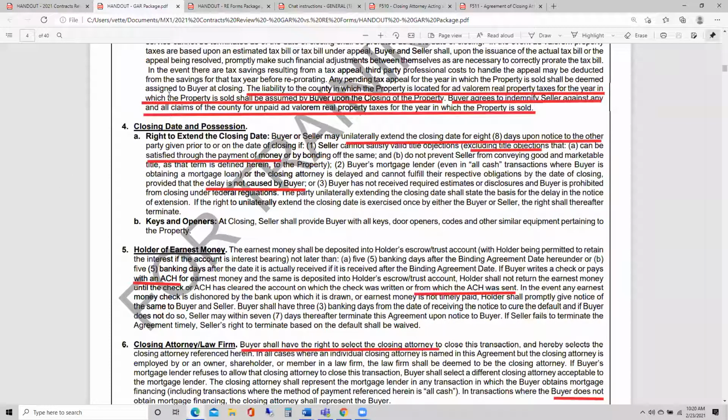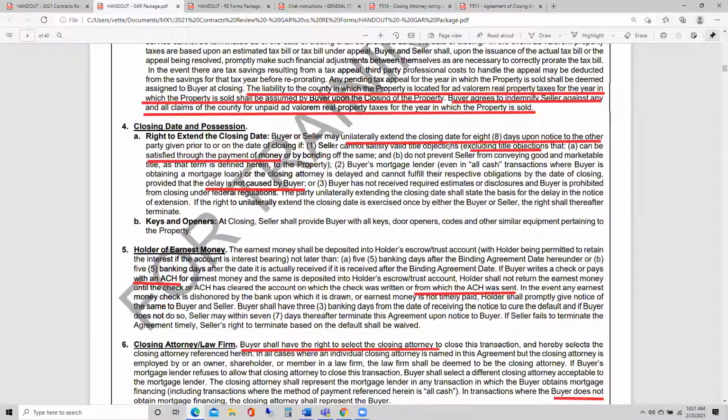And this is where it talks about the closing date and possession, the right to extend the closing date. Buyer or seller may unilaterally extend the closing date for 8 days upon notice to the other, but there are very, very specific reasons. There's title reasons. If there's a valid title objection, as long as that title objection is not something that can be satisfied financially. For example, if there's an issue with the title, but it's a lien on title that can be satisfied financially,